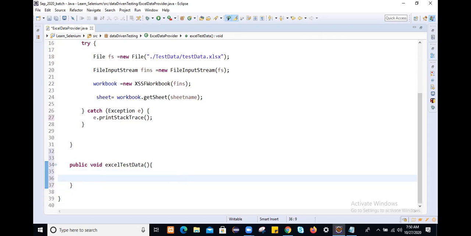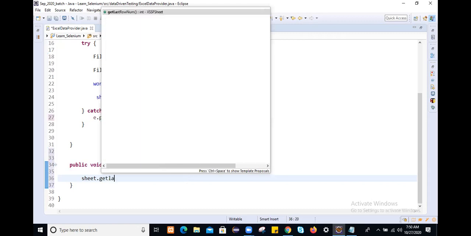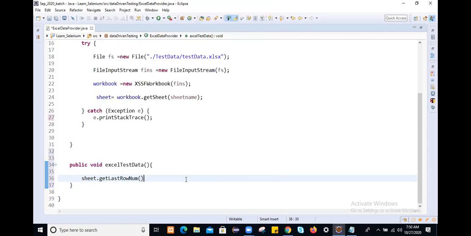Once we get the sheet, on that sheet we can get the last row number. It will simply give you the total number of rows. How many rows are there? Let me create a variable, row count.